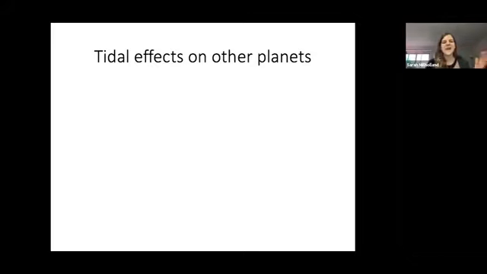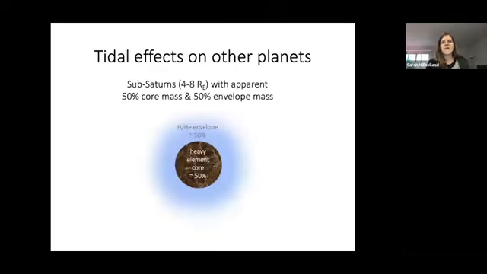But just given the last couple of minutes, we've seen that tides can pretty substantially affect the radius of these planets. And so we might wonder whether tidal effects could be seen in other aspects of the radii of short period planets. And so this brings me to a separate group of planets that I just want to touch on very briefly that we think have been inflated due to tides. And this is a subset of these really low density sub-Saturn sized planets. So planets in the range of about 4 to 8 Earth